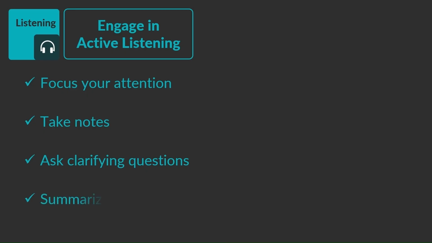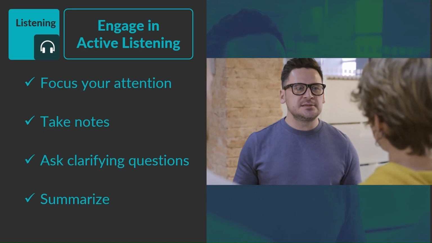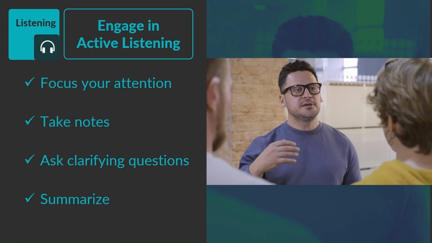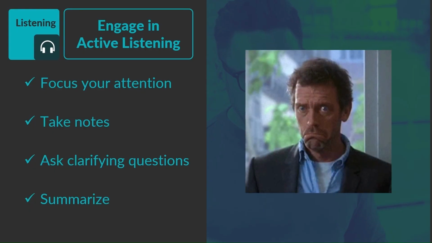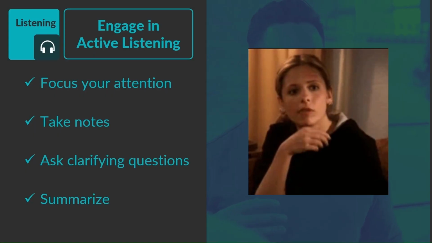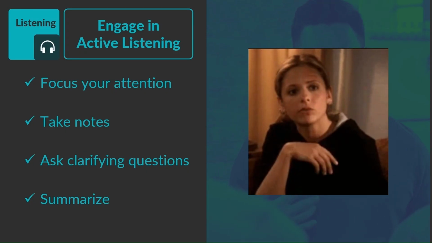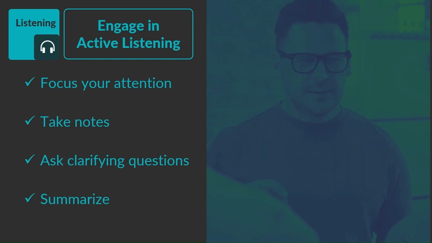The last point is summarize. Trying to summarize what you have heard in your own words to check your understanding. What do you mean? What I mean is, see, we are a different person and the person who's speaking is a different person, okay? So we have experiences of our own and that person has experiences of their own. So when they say something, when they have a conversation, it will be through their experiences and emotions and stuff. We don't have to be in the same state of emotion to understand what he is going through because we're different. So by summarizing in your own words, what you're doing is